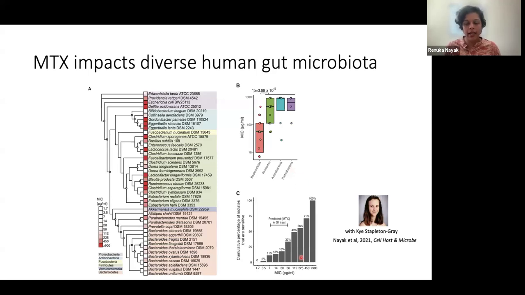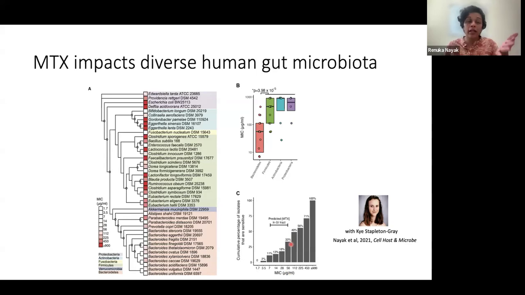Now, another common question that I get here is like, well, what is the concentration of methotrexate in the gut, right? Are these physiological concentrations? It turns out we don't actually know what the concentration of methotrexate in the gut is, because everybody's amount of volume in there, their transit times, like the absorption rate, is variable. But pharmacologists kind of have a back of the envelope calculation. And when we use those calculations, the predicted concentration of methotrexate in the gut ranges from 7 to 56 micrograms per mil. And in that setting, about 33% of these microorganisms would show kind of complete growth inhibition in response to methotrexate.